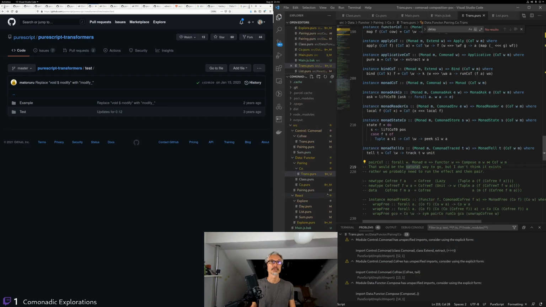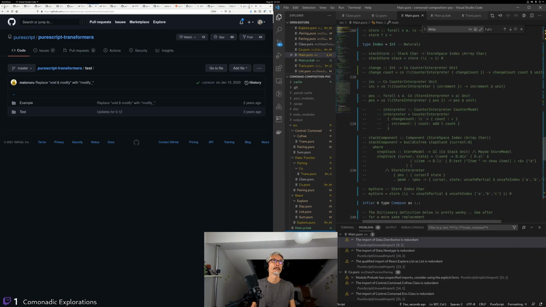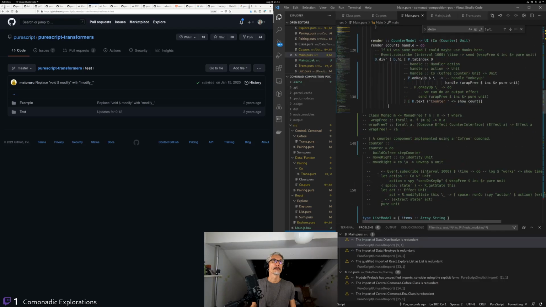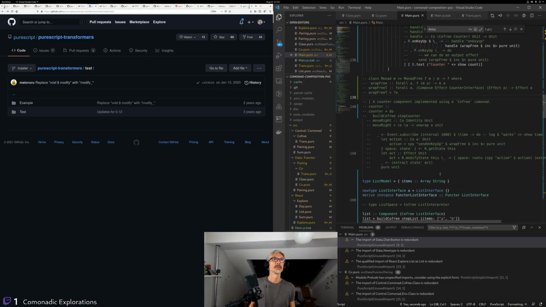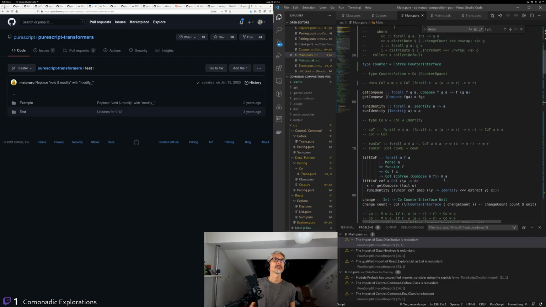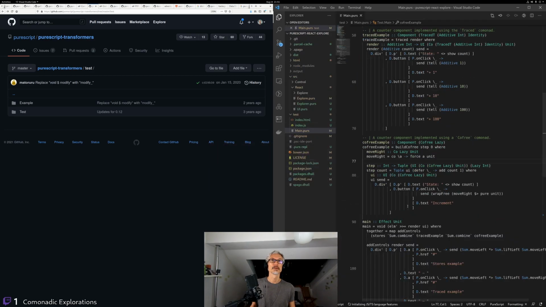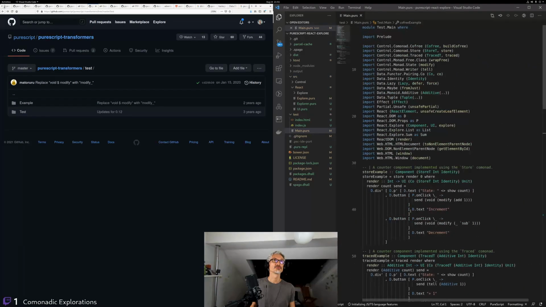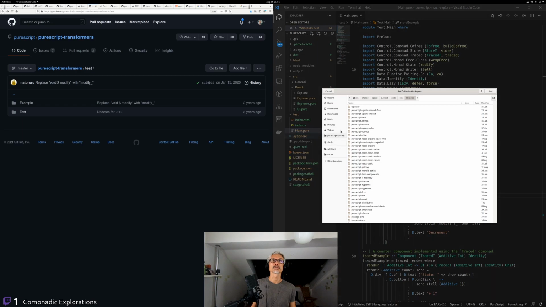Okay, I think I have this detailed somewhere in comments. How the wrap functions. Wrap. Maybe I have this in Comonadic Explorer. I do not. Add folder to workspace. I might have it in